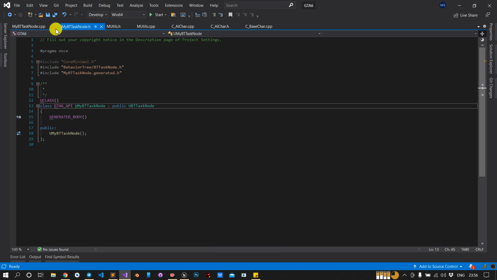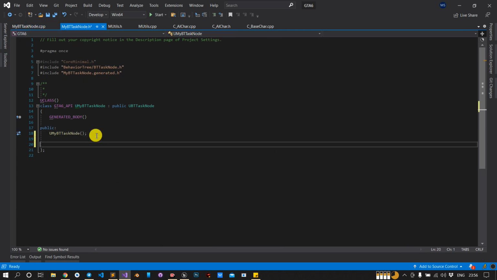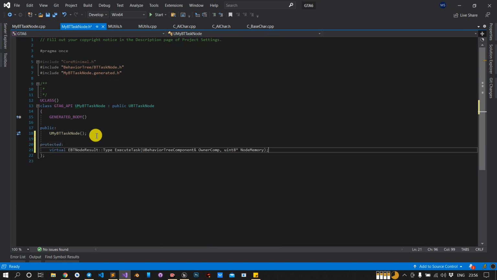Okay, we will include that in protected, and make sure you have put that override keyword, and copy this whole thing.